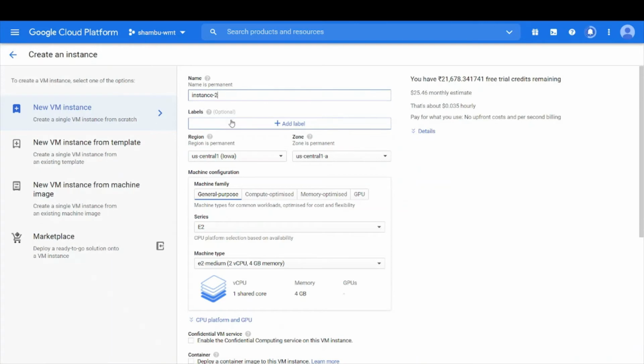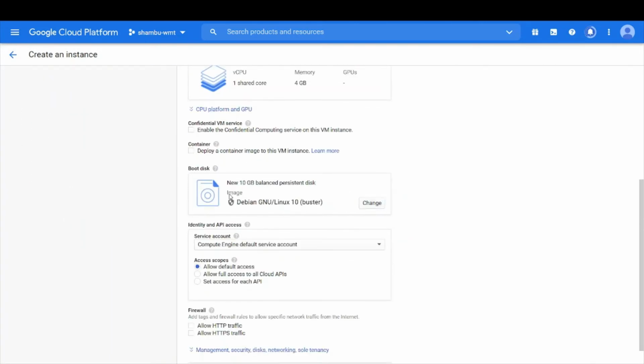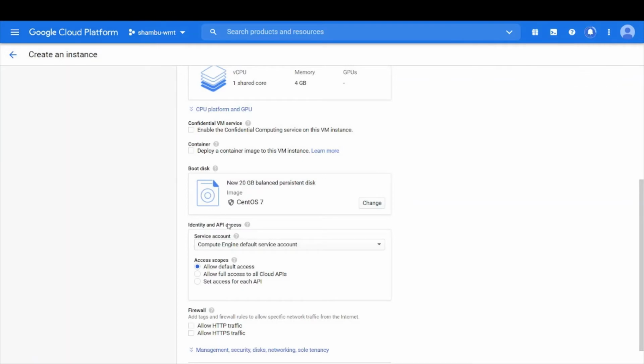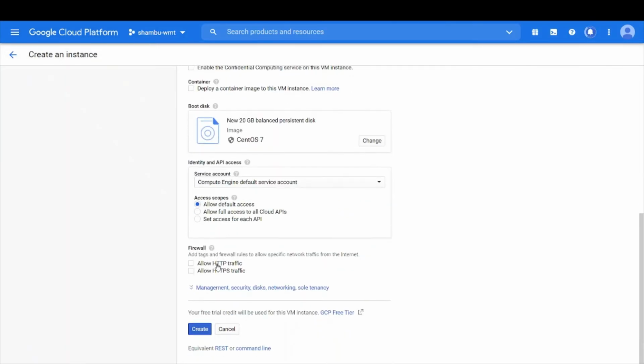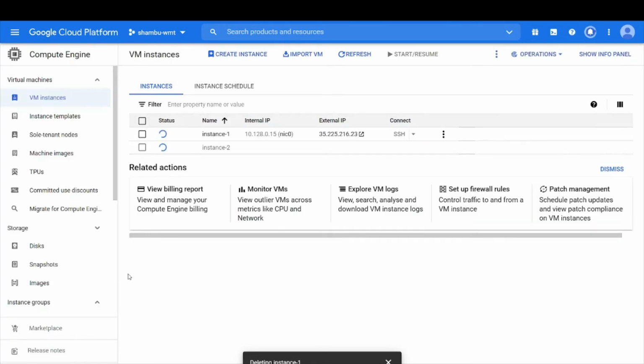It is naming it instance 2, that's okay. And I'll change to CentOS, and I'll allow the HTTP traffic, and I'll create. So it is just a plain machine. It does not have any startup script like the previous one, so it just comes up.